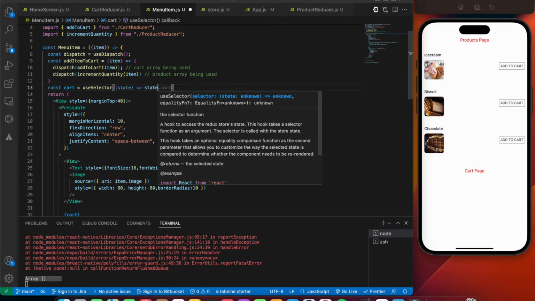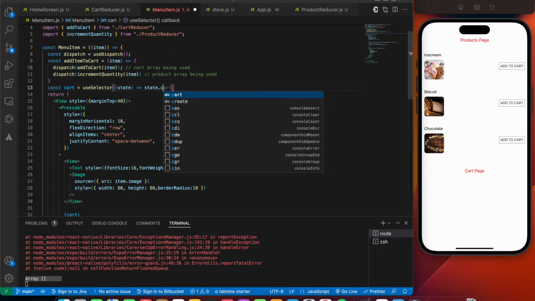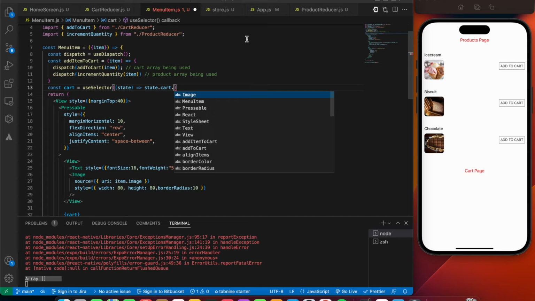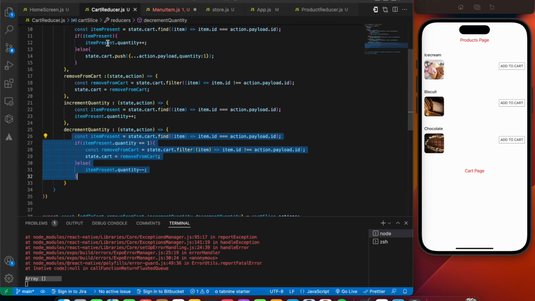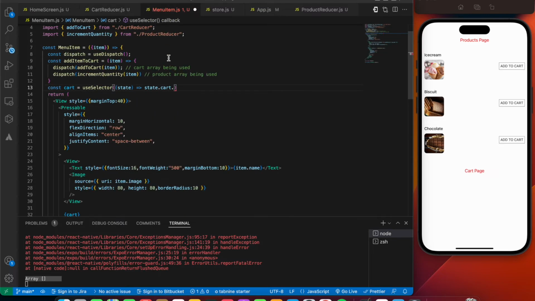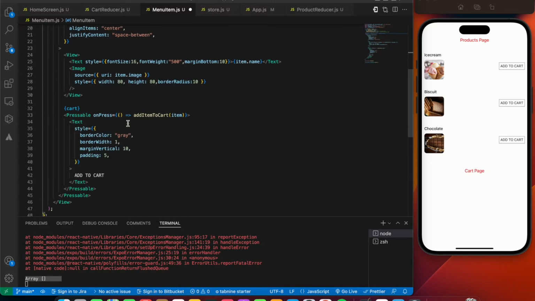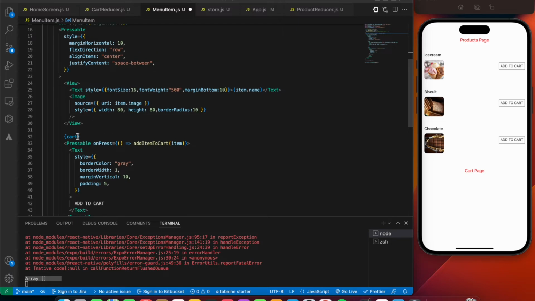To access the cart, it's going to be state dot the reducer name, that is cart, and the cart value. If you go to the cart reducer, the cart value is over here inside the initial state dot cart. Save the file, and I think wherever you initialize it, it's going to work. So fine, we're going to apply the condition.